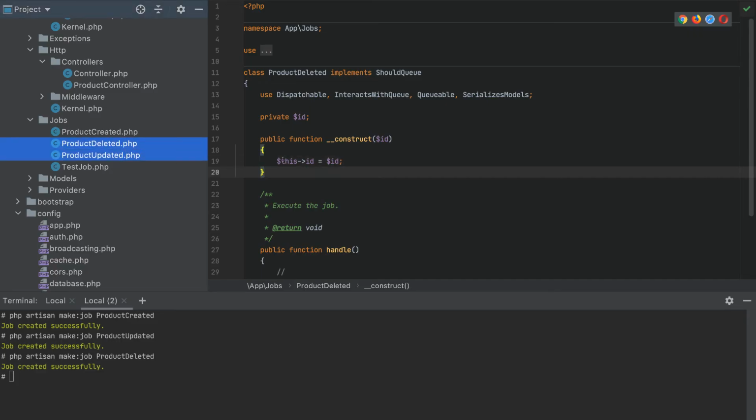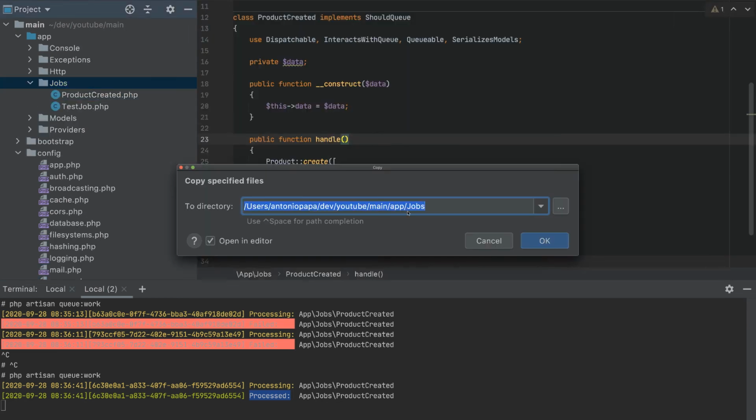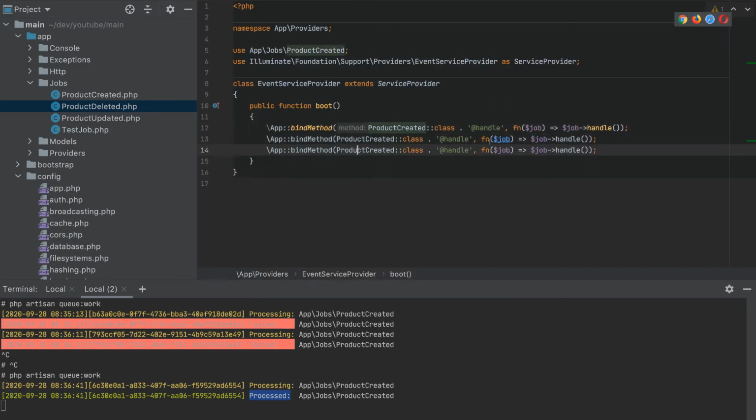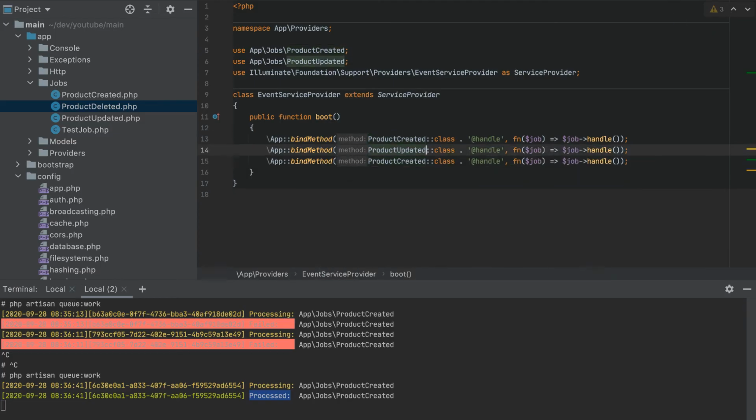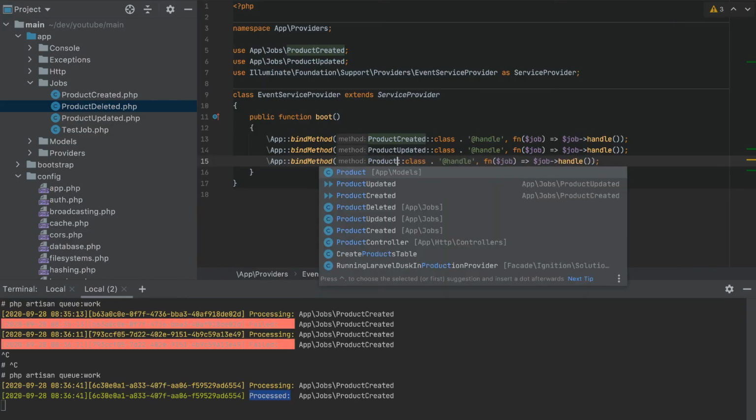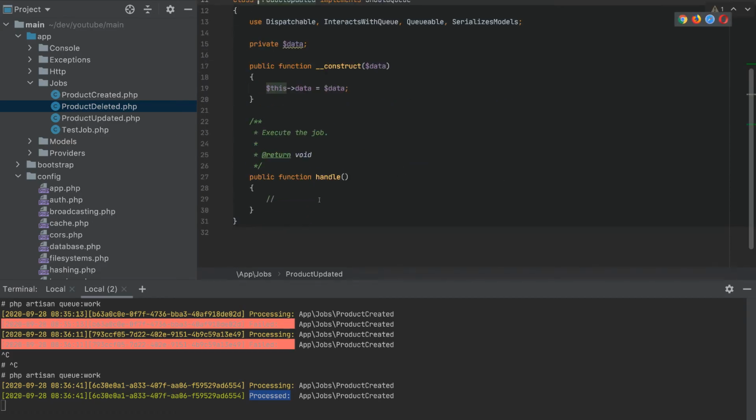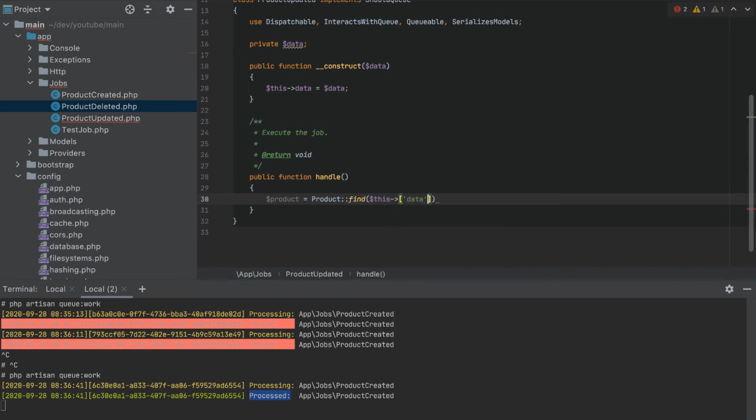I will copy them and go to the jobs here and paste them here. And let's go to event service provider, and I will duplicate this, add here product updated, and here product deleted. Now let's take care of product updated. First we have to get the product, which is product find this data ID,